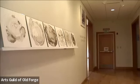Okay, my pleasure. We're starting in the hallway, and the hallway has two shelves that are two bodies of water. The right-hand side is the Hudson River, and the left-hand side are the waterways up in Old Forge. I don't see it on the screen here. Travis, there we go. Okay, so this side that you're seeing right now is